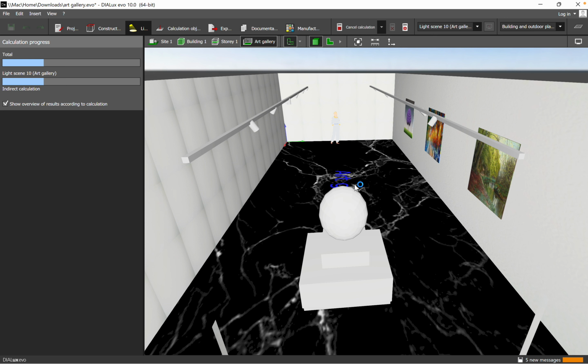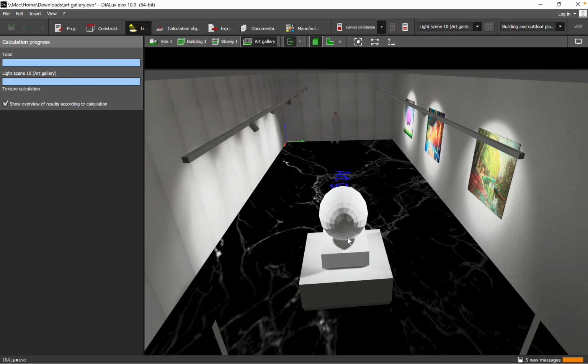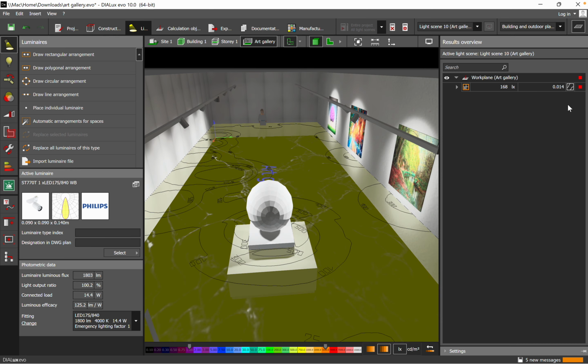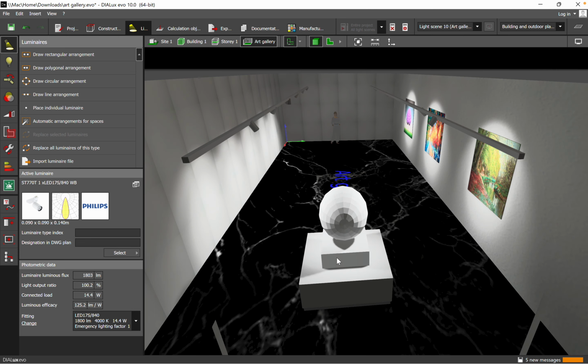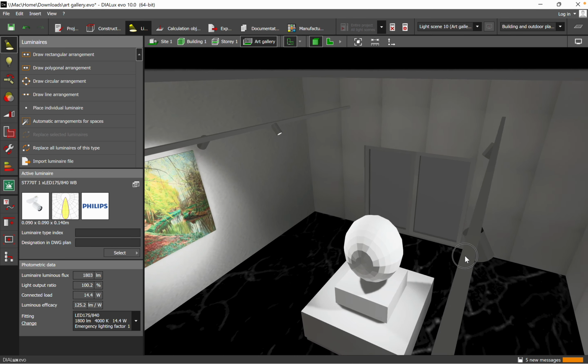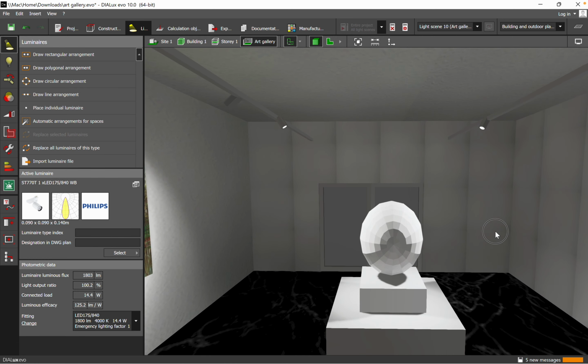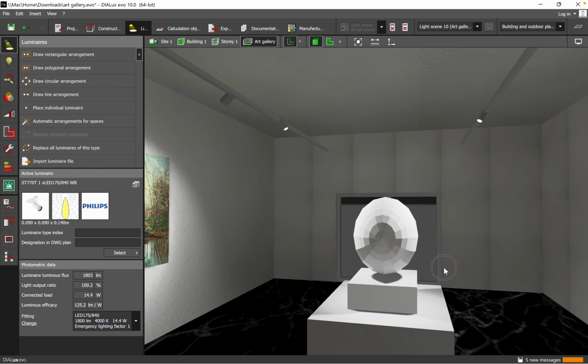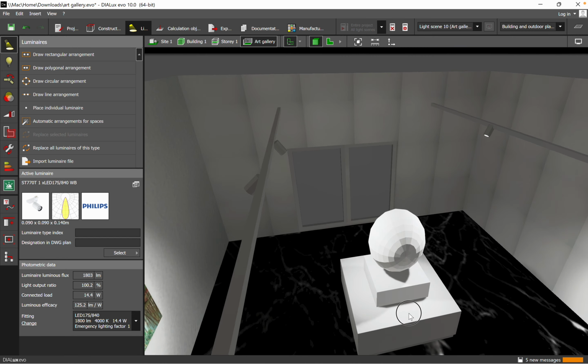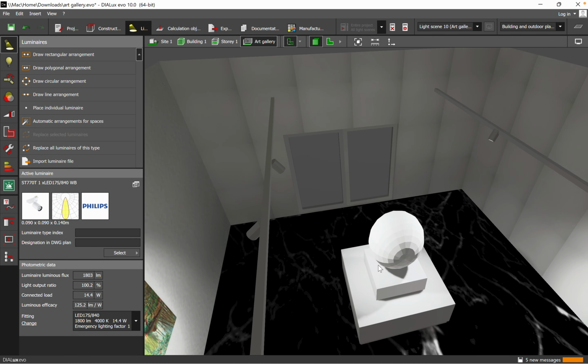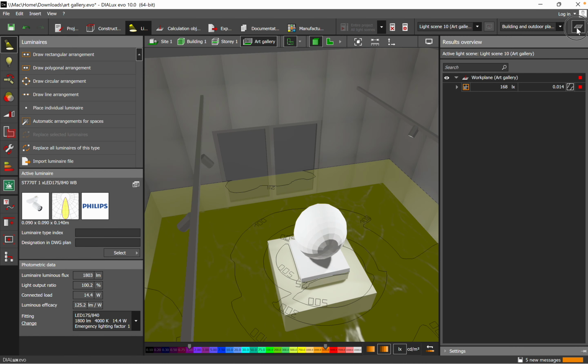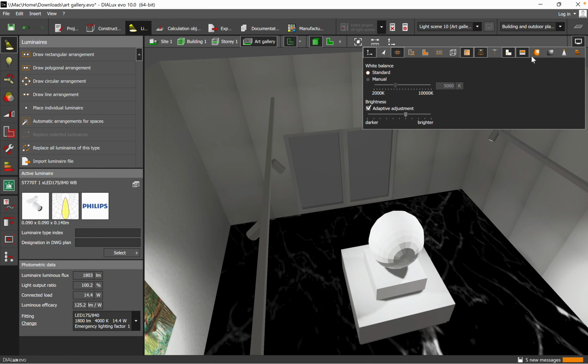a new calculation. We will just focus on the object. It's a sphere actually, which I placed on the pedestal, and I just want to highlight it. So now it looks much better. We have a symmetry from both sides. We can also have a look on the